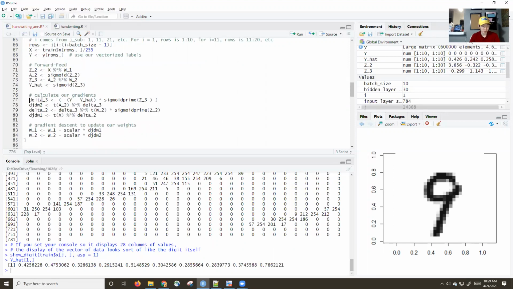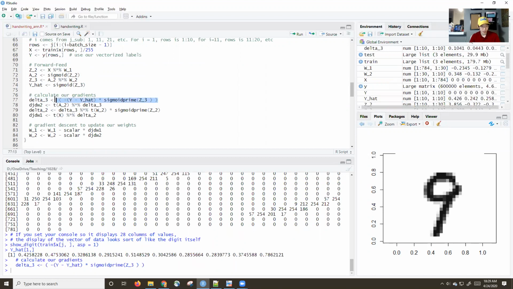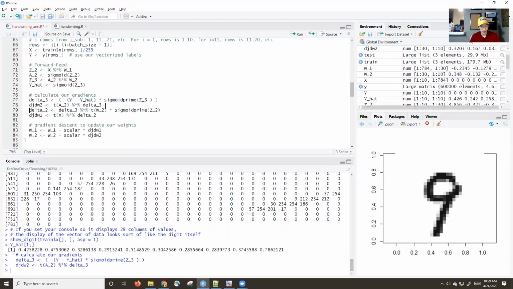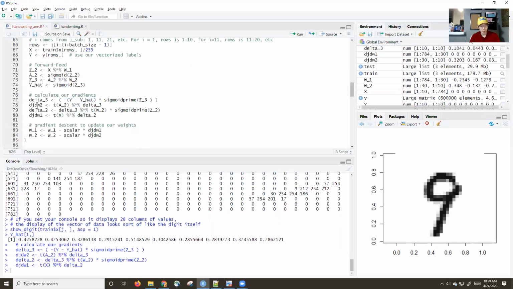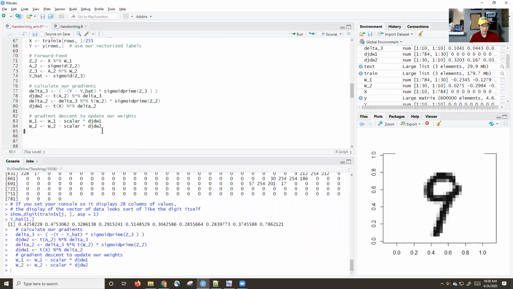basically the gradient here. This is what we calculated on Monday, using our back propagation. So we calculate the gradient with respect to the W2 matrix, we calculate the gradient with respect to the W1 matrix, and then we do the gradient descent. So we take our current values of W and we subtract off a scalar times the gradient. Okay, and this will, we hope,